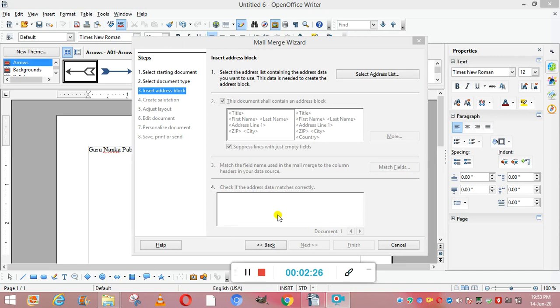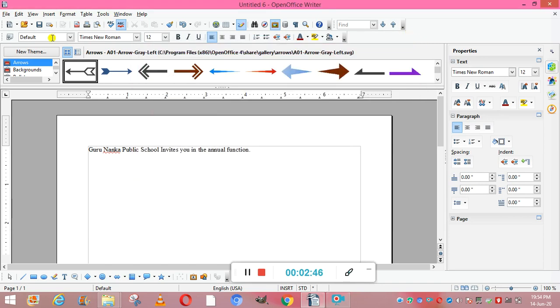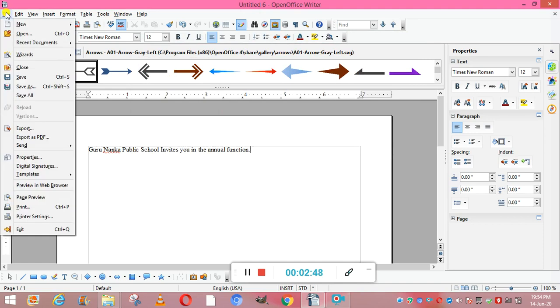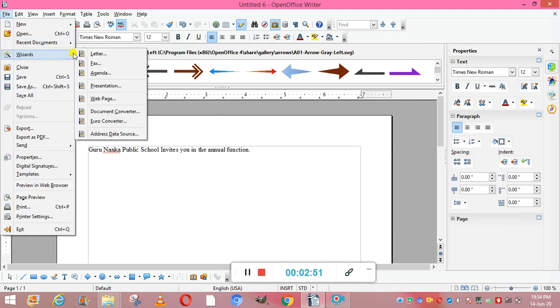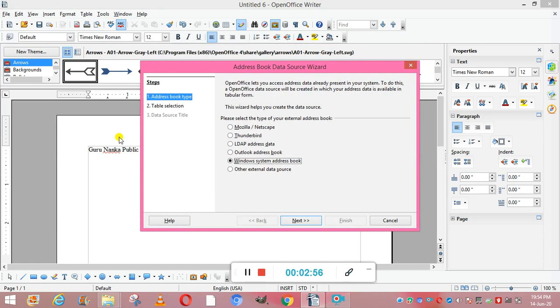After clicking this, the mail merge wizard window appears. Now step 2 is creating the data source. Data source means the list of people to whom we are sending this invitation. So for that we go to the file. After that, in wizards we will go to address data source. Now this is the address data source. In this we can select the address book type, other external data sources. Now next,